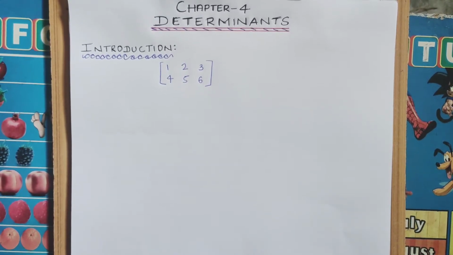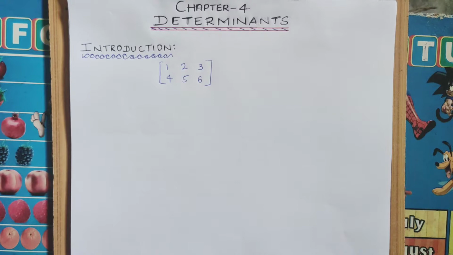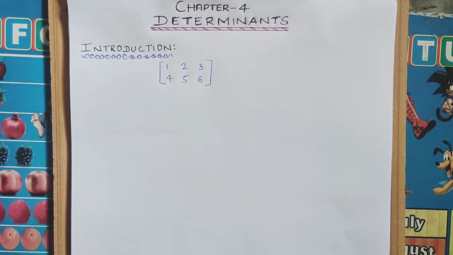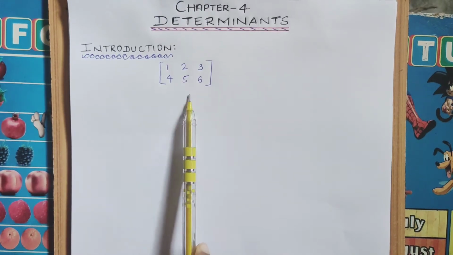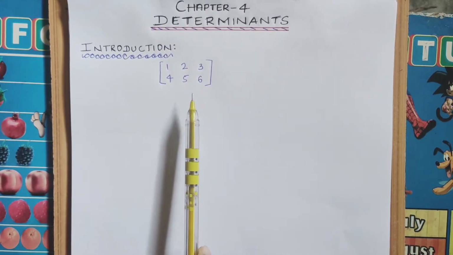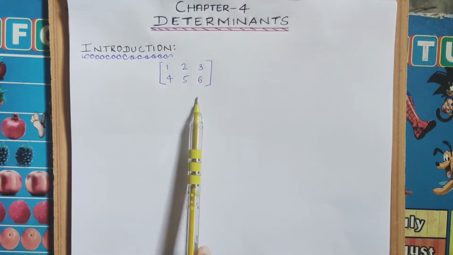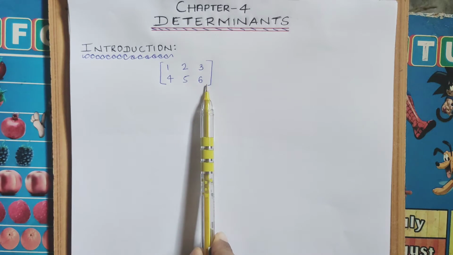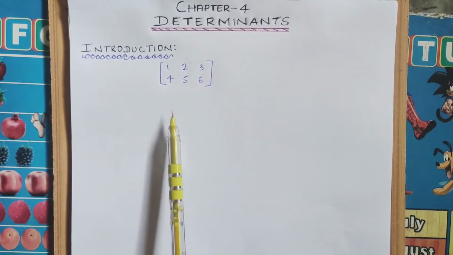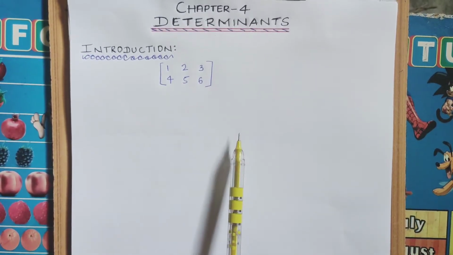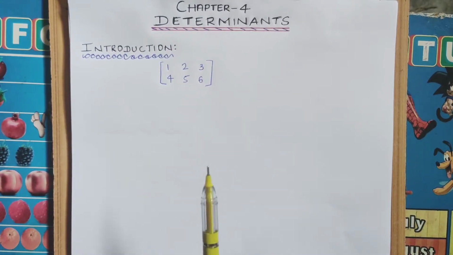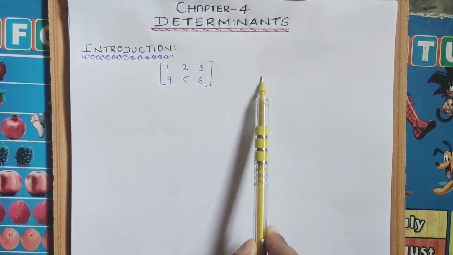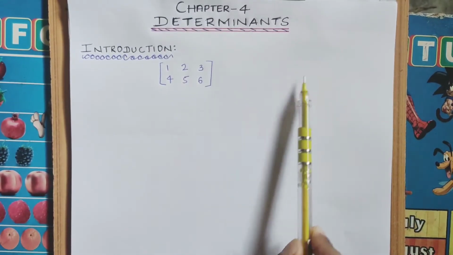Now if we want to find a definite value, definite means what? A fixed value. When you want to find a fixed value of this particular matrix, you have to convert it into a determinant, and then you can find a fixed value. Like we want a fixed value for this whole matrix. For that case, we convert it into a determinant, and then the process is different and we get the value. In matrices, we used to get a value for each element. Like suppose I have taken one more matrix, and if I add, I would get again the same.